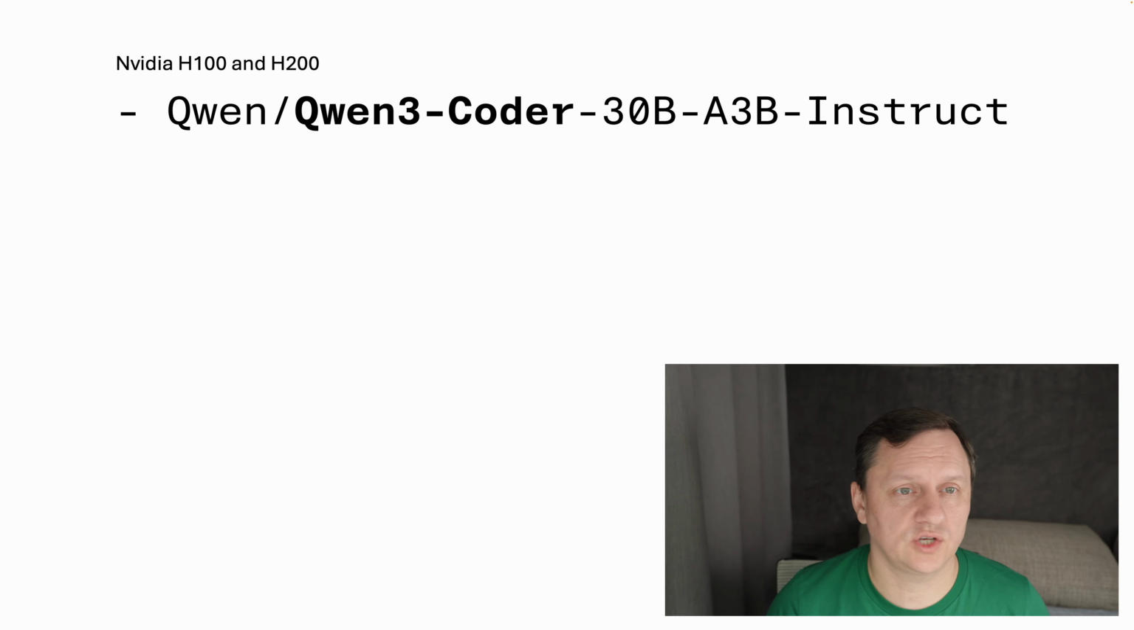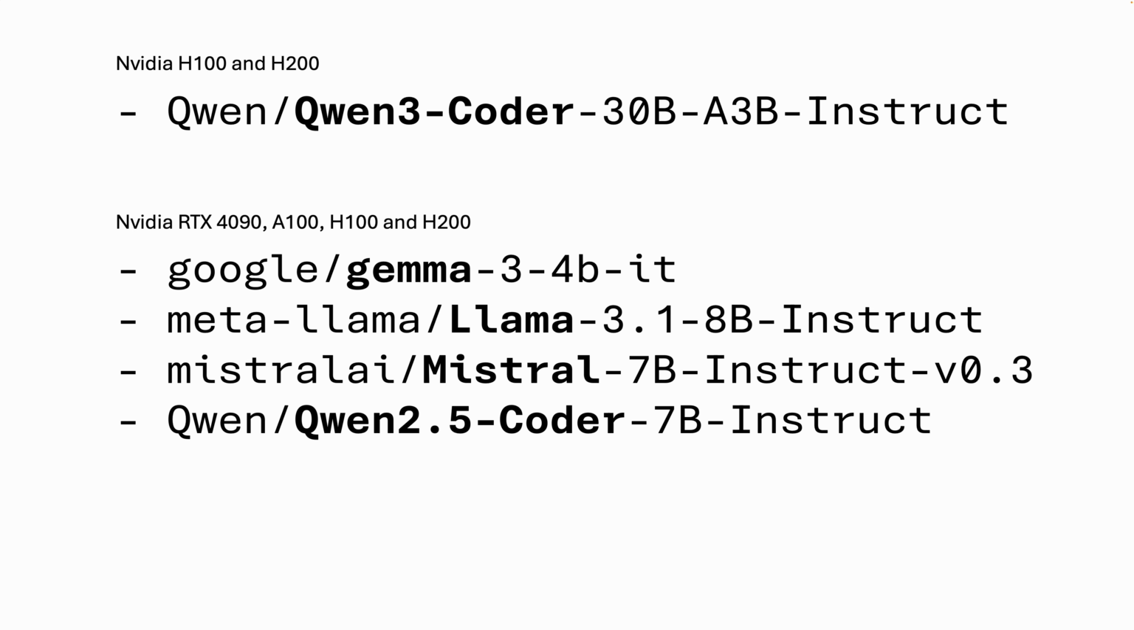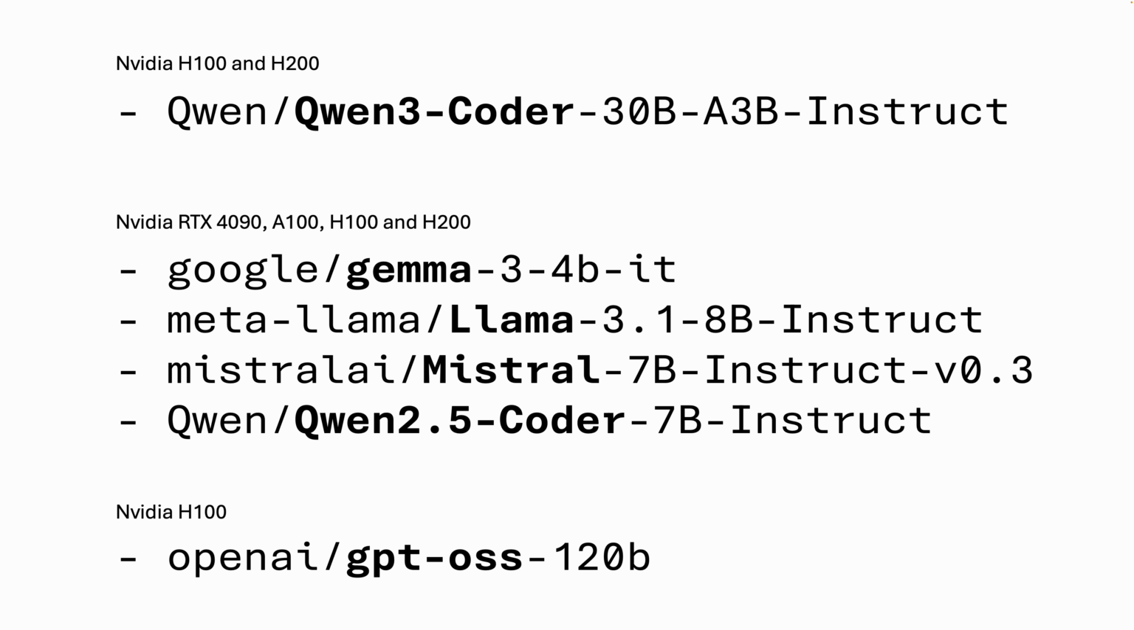On Nvidia H100 and H200, I will benchmark a larger model like Qwen 3 Coder with 30 billion parameters. On Nvidia RTX 4090, A100, H100 and H200, I will compare performance on smaller models like Gemma, Llama, Mistral and Qwen 2.5. And as a bonus, just recently released from OpenAI, the GPT OSS 120 billion parameters model, I will test